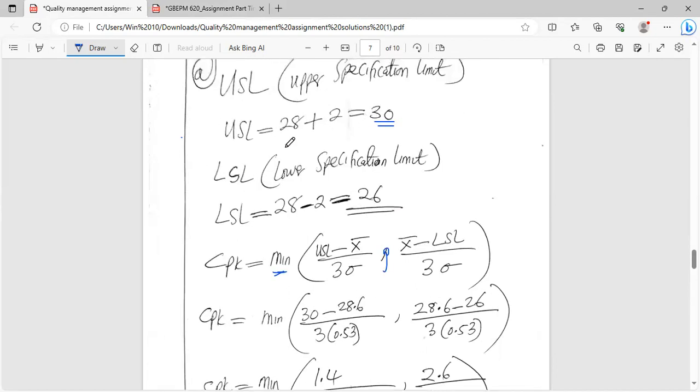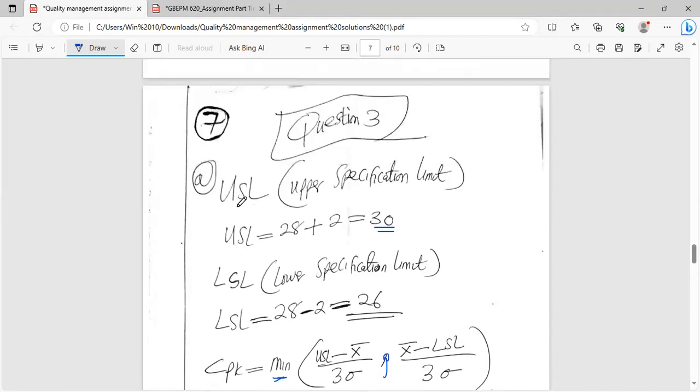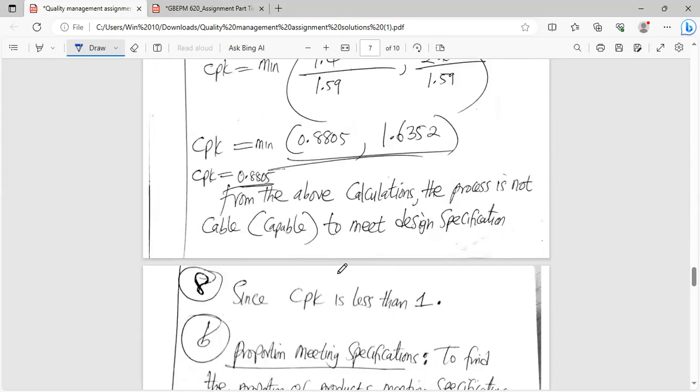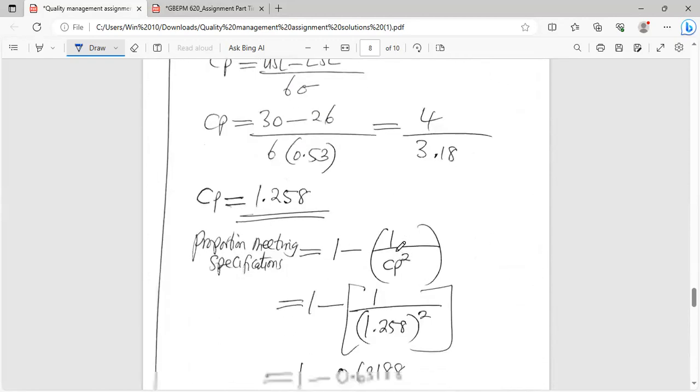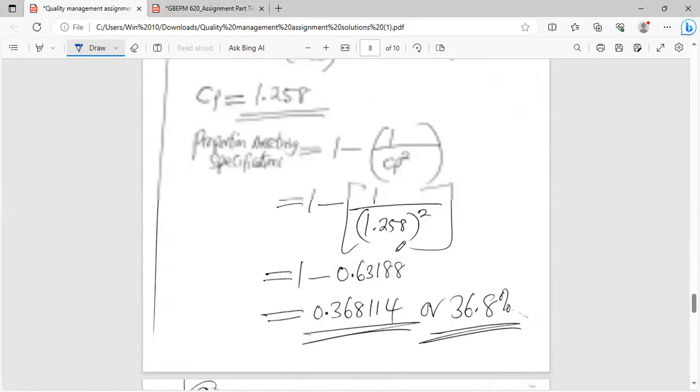So this one is the upper specification and the other one is the lower specification limit where you subtract. So from the above calculation, the process is not capable of meeting specification since the CPK is less than 1. Unless it was equal to 1, it would have been. All right, so the minimum of those. And then the other thing to do now here is that